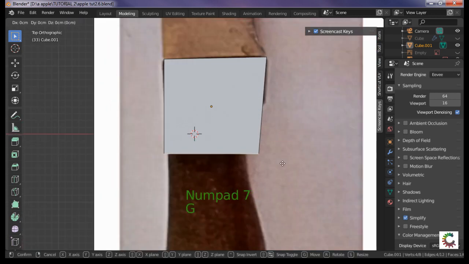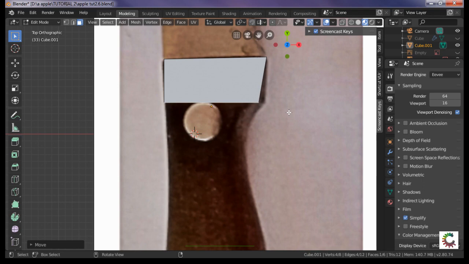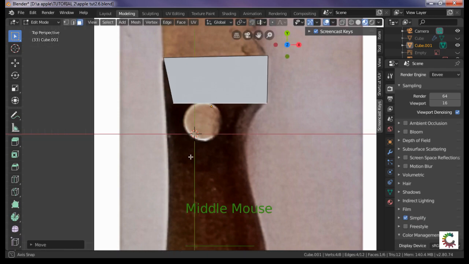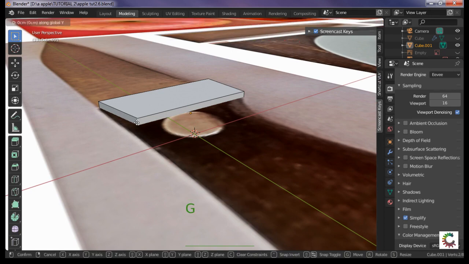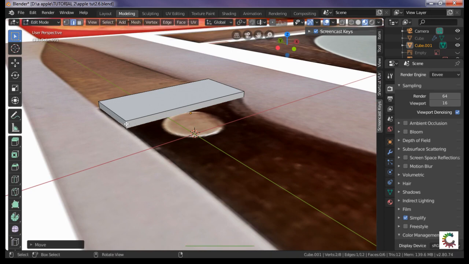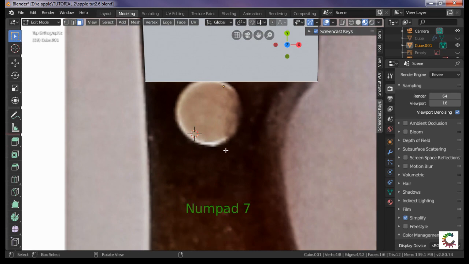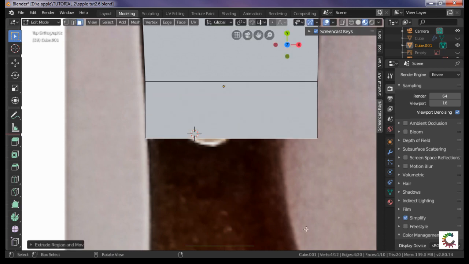Onto the top, G and Y, which is up and down when looking from above, and S to scale the edge, G to move it, and I'm just going to grab that edge there, use the edge key, and G in the X direction, and there we have it. Select the edge. Now I'm just going to follow this down. So E to extrude, Y in the Y direction, and scale,